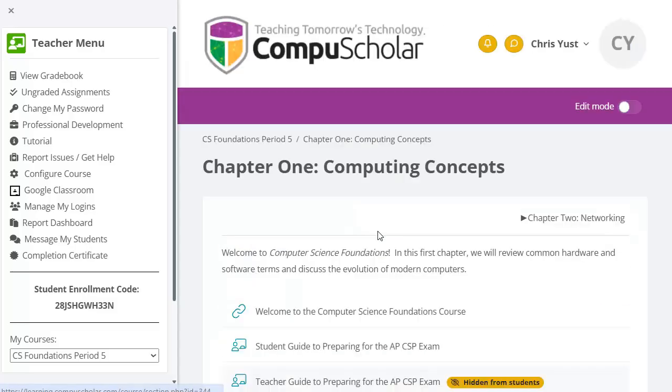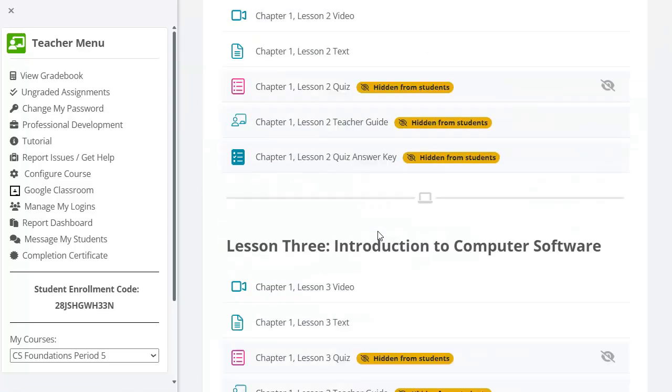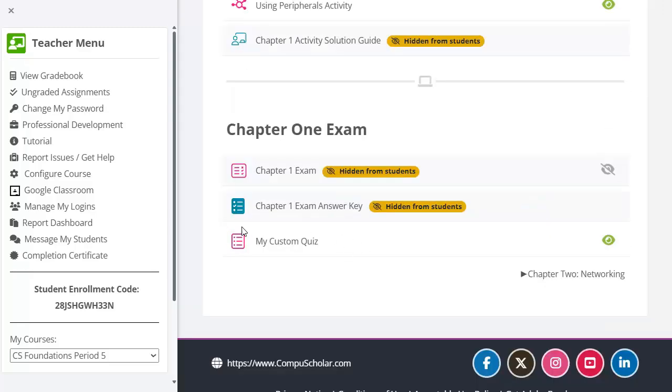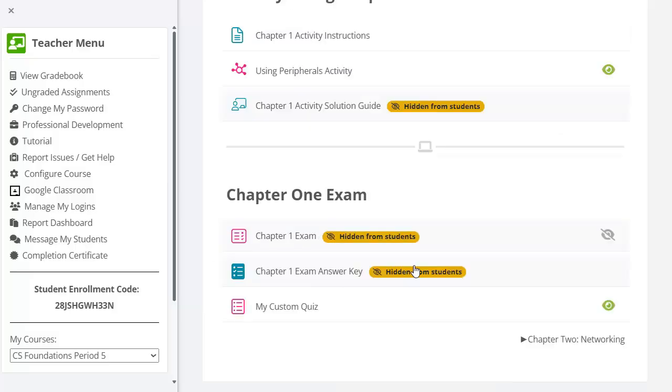And we'll go into Chapter 1. And I've already set up a custom quiz in this chapter. So creating custom quizzes like this and adding questions to those custom quizzes is beyond the scope of our discussion today, but we do have other webinars and professional development modules that show you how to do that. So once you have this custom quiz set up and you're ready to copy it,